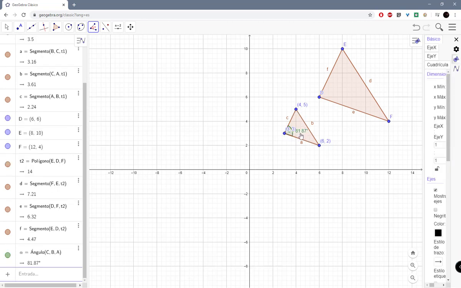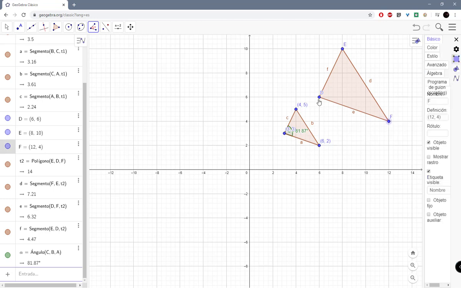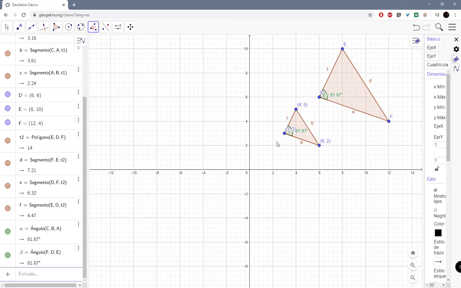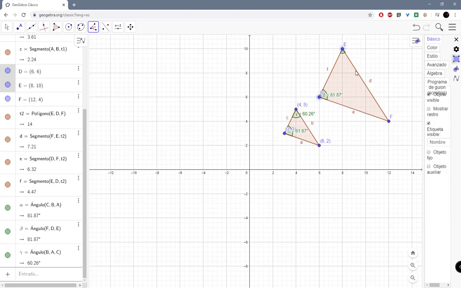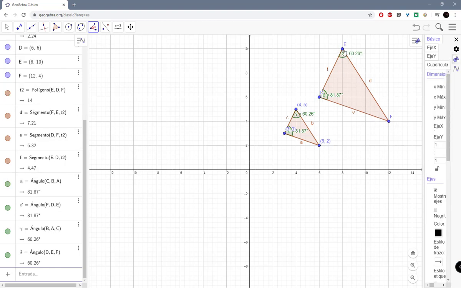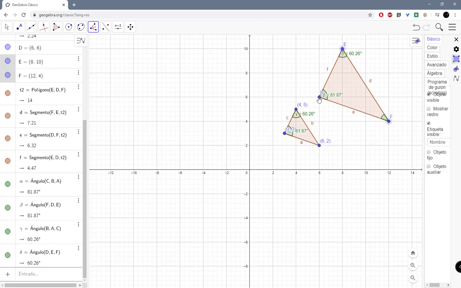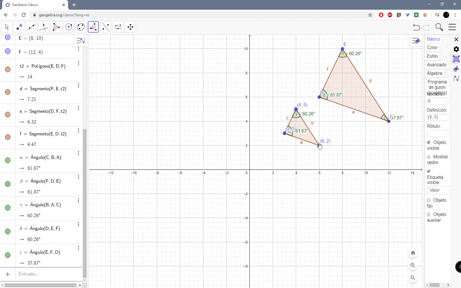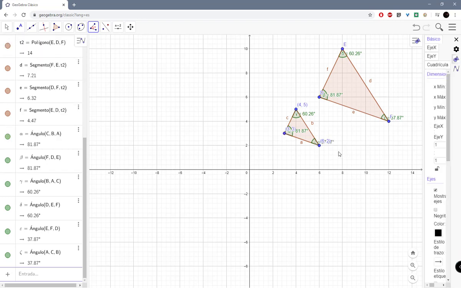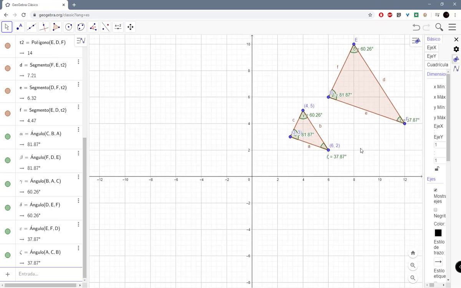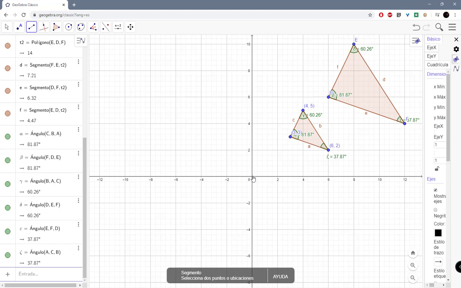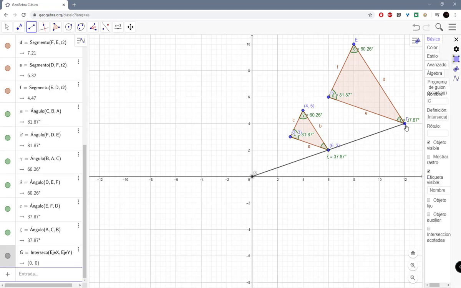This angle measures 81.87, and the corresponding angle measures, yes, the same. Let's do it with the others. 60.26, 60.26, yes. And obviously the last angle is going to measure also the same as the corresponding one. Let me select this tool and let me move it a little bit so you can see it. You see? The corresponding angles measure the same. And it's like making a projection with a light from the origin of the Cartesian plane